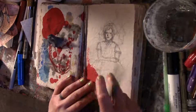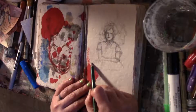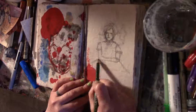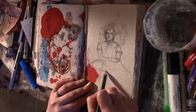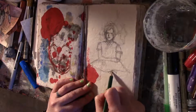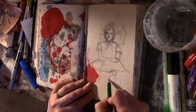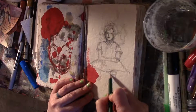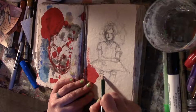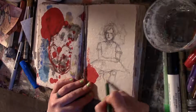I wanted the knees to be closer than that. So I don't really know how to show that she's sitting. I guess I could draw what's in front of me. Ooh. I mean, that would be too easy. I can't. Still too far. We'll just...